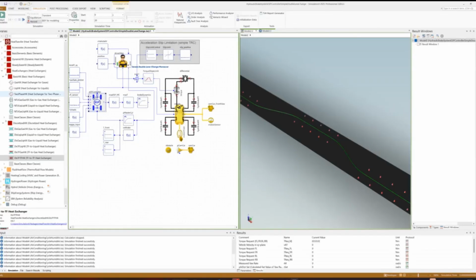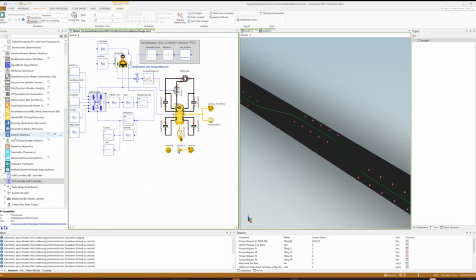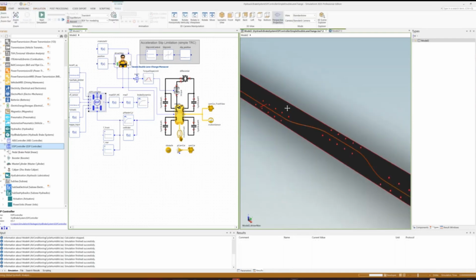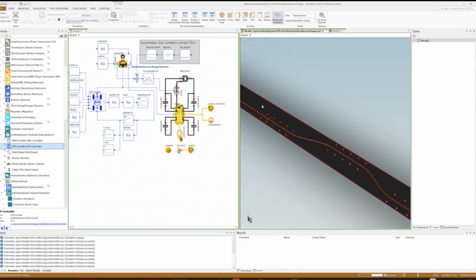The new component that we introduce belongs to the hydraulic brake system library. That means that this element can be used with other elements of this hydraulic brake system. The main goal of this element is to control the braking system to achieve a stabilization effect in case of some vehicle maneuvers. In this particular case, we simulate the following situation that I hope is not a typical situation for all